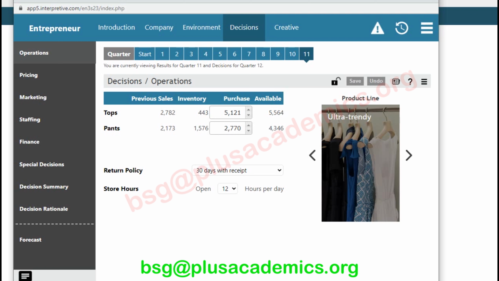Year 9, pants they quite well managed to clear inventory, but for tops the inventory was just higher than what we sold. That was about 3.1K. Let's go to year 10. They did not purchase any new stock because they had a very huge inventory, 3.3 and 3.8 respectively. Year 11,